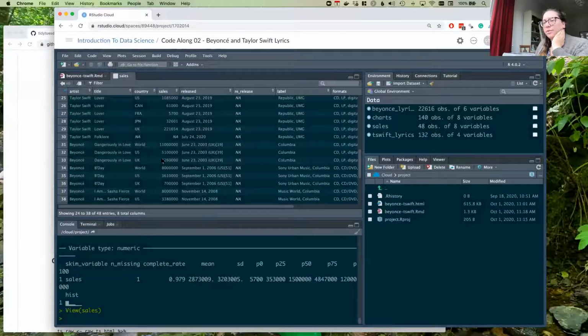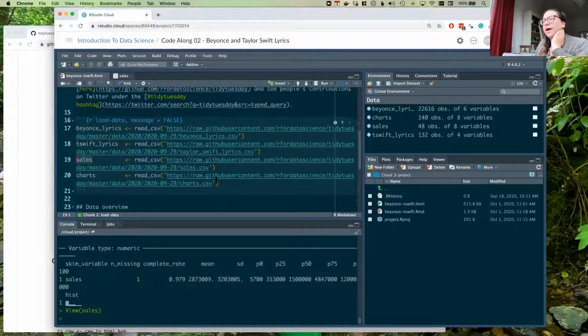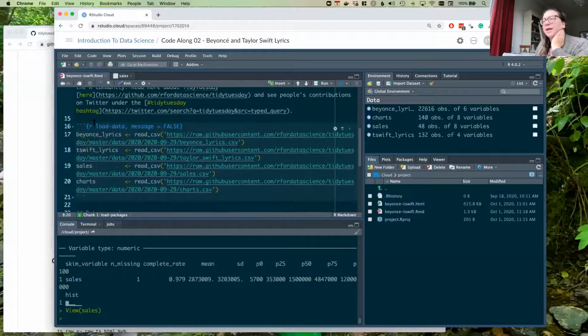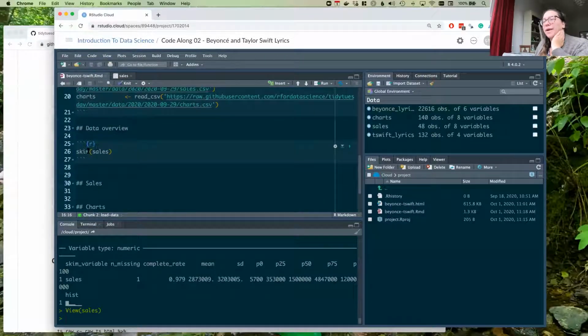And then let me answer a couple questions. There was something about naming our chunks. So I will go ahead and talk about that. You'll see that whenever I give you templates, our chunks are named. Like for example, I have load packages or load data. And here, when you create a new R chunk, it's not by default named because it's meant to be something informative. It actually doesn't matter what you call it, okay? It is meant to be informative. There is one thing that will bite you, I bet.